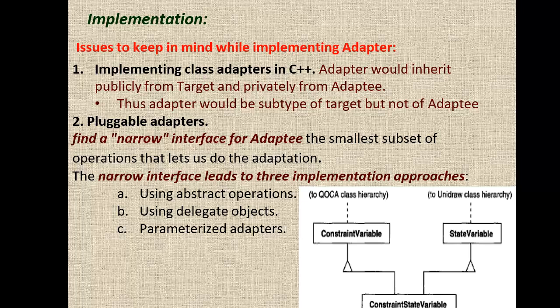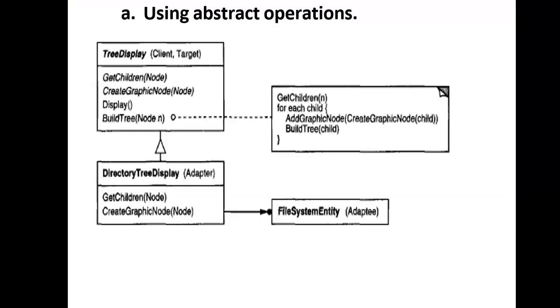Pluggable adapters. Find a narrow interface for adaptee, the smallest subset of operations that lets us do the adaptation. The narrow interface leads to three implementation approaches. One is using abstract operations, another is using delegate objects, and the third is parameterized adapters. For using abstract operations, one example they had given is with respect to the tree. So tree display